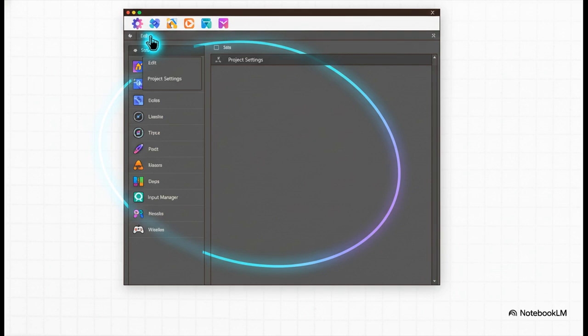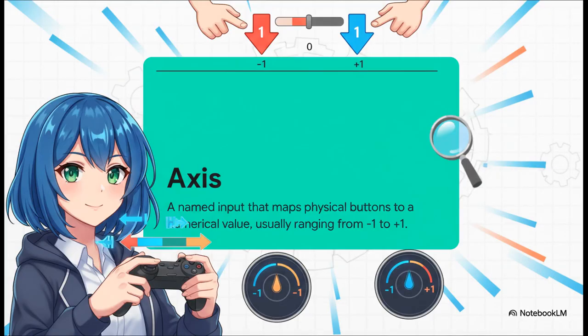Now inside there, you're going to see a list called axes. It might be collapsed, so just click that little arrow next to it to expand the whole list of all the controls Unity has already set up for us. So you'll see this word axis all over the place. What the heck is an axis? Well, the easiest way to think about it is as a named channel for a pair of opposite actions. Think left and right, or up and down. Instead of just being a simple on or off switch, an axis gives us a value,